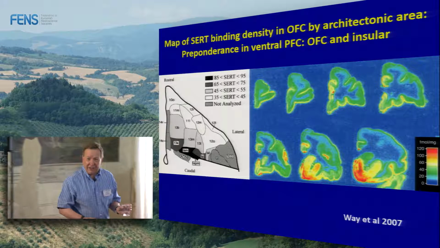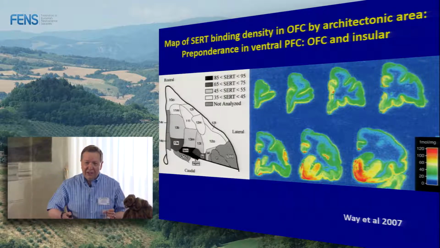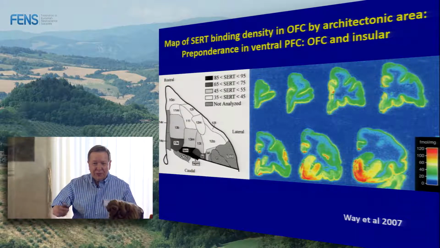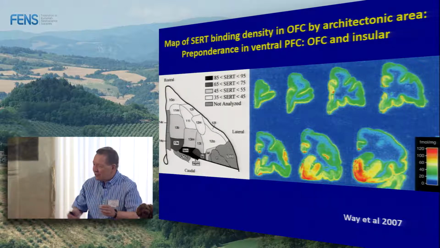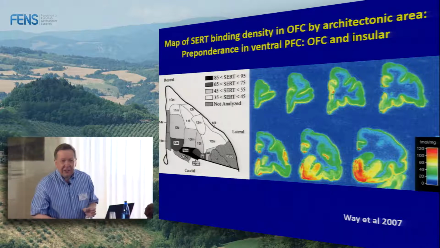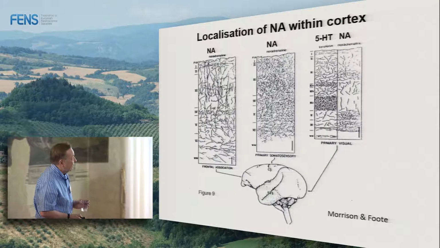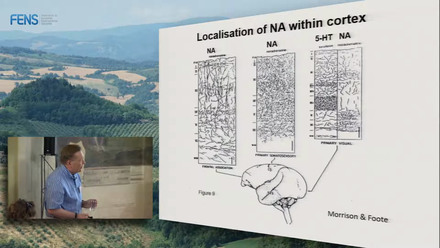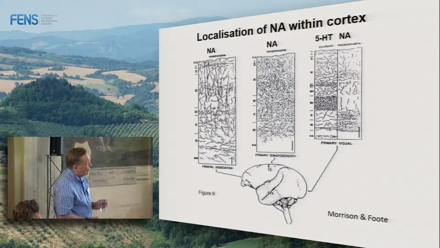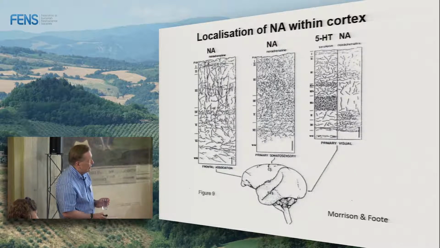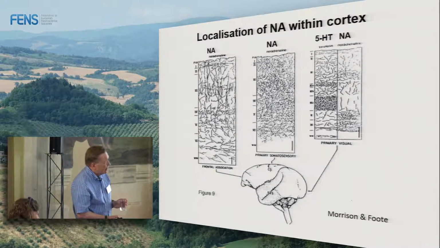So why is that? Why are there these differences? Again, the specificity within this non-specificity. These neuromodulators aren't all innervating the same areas to the same extent. What is the grammar? What is the logic of this? It's true of noradrenaline and serotonin. So this is classical work from the 80s of Morrison and Foote, showing that although noradrenaline and 5-HT, you can see evidence of fibers and receptors all over the cortical columns, 1 to 6 here, they do congregate in different areas. So in the visual